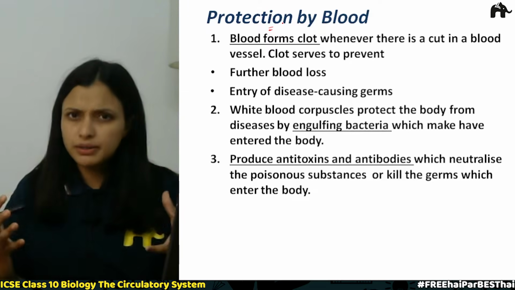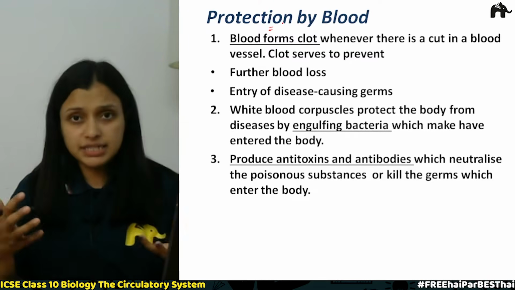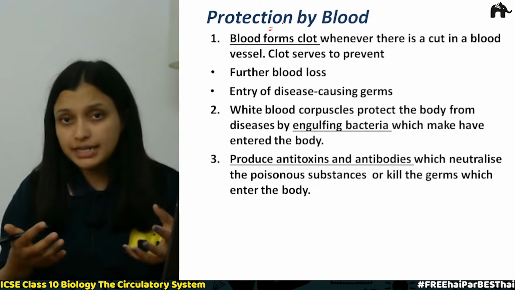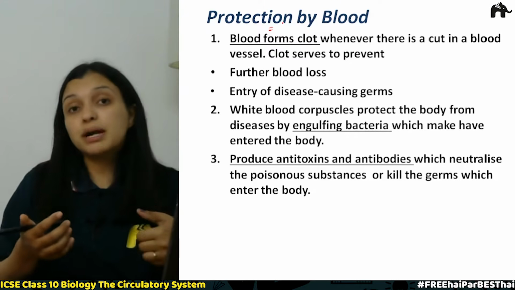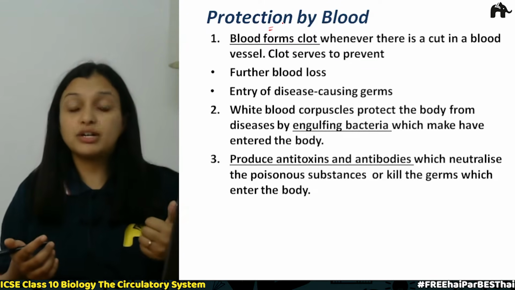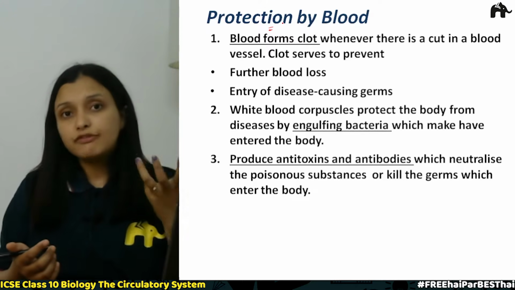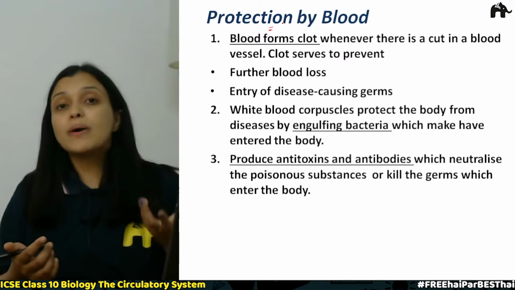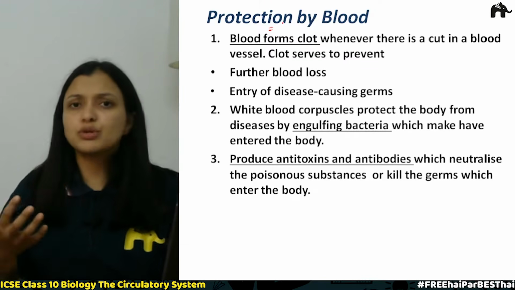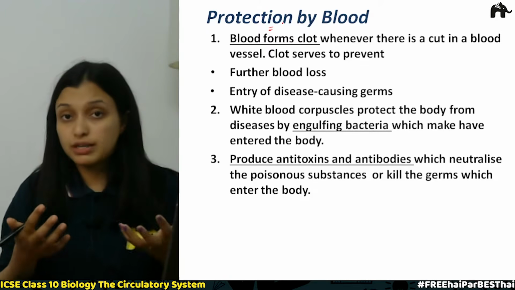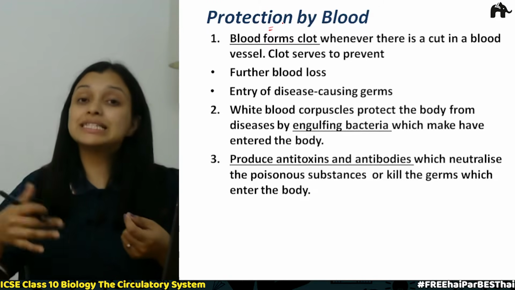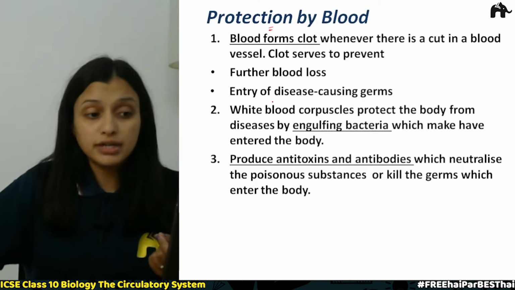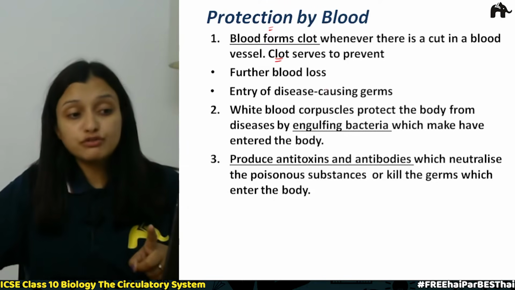You must have heard somewhere that in an accident a person lost so much blood that the person finally collapsed, right? What is the reason? Because we know that blood performs a very important role of transportation in our body, right? We need the blood to flow in a certain way to perform our body functions and to transport the substances needed in different parts of the body, right? So blood heals itself in some way. There are cells present in the blood that form a clot, which prevents further loss of blood,